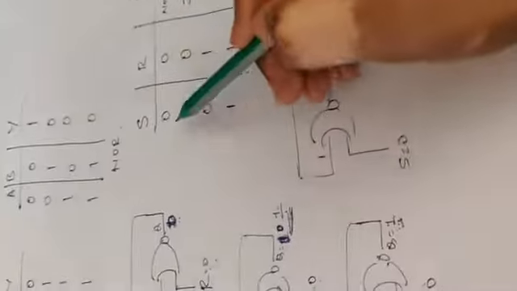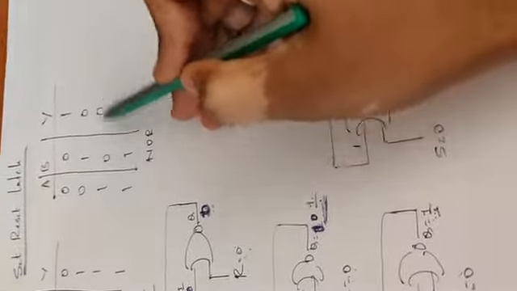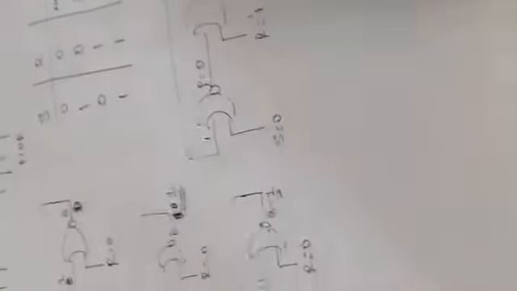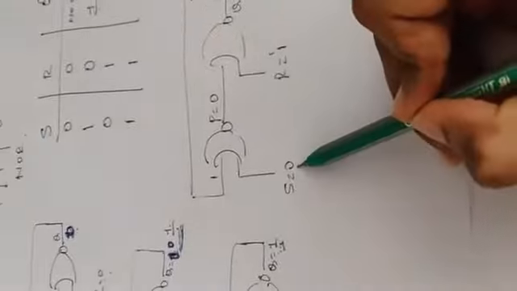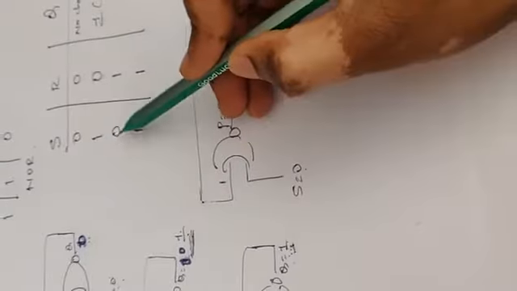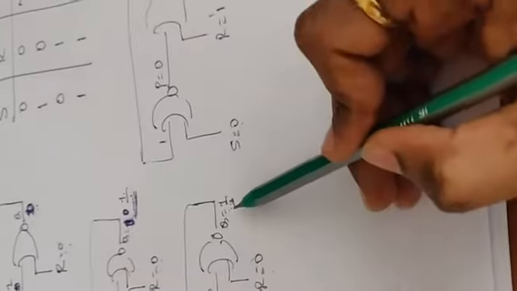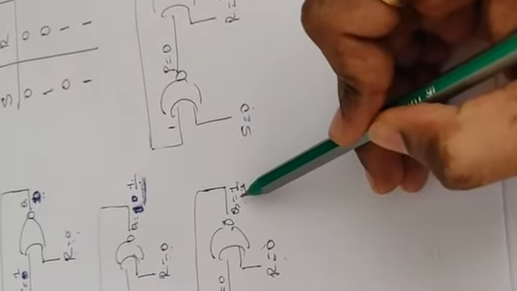So this will be 1 and 0. 1 and 0 is 0. Now p is equal to 0. So 0 and 1 is again... see, I took s is equal to 0, r is equal to 1. Q is equal to 1. Why was it q is equal to 1? The previous state was q is equal to 1, so I will continue from there itself with q is equal to 1.